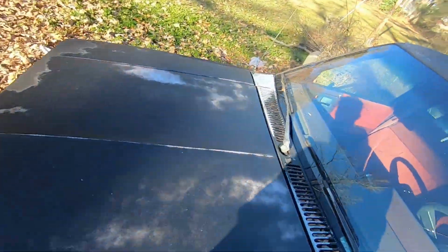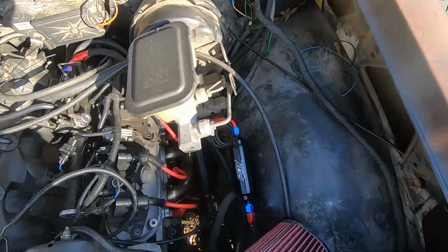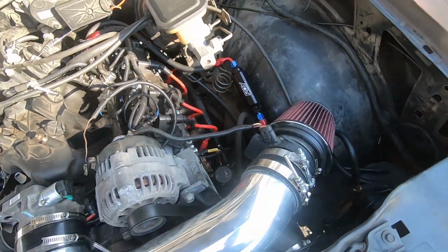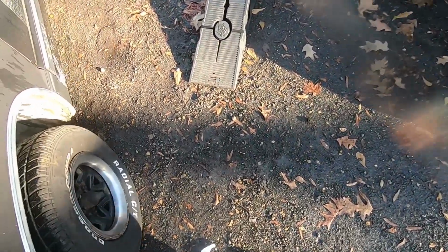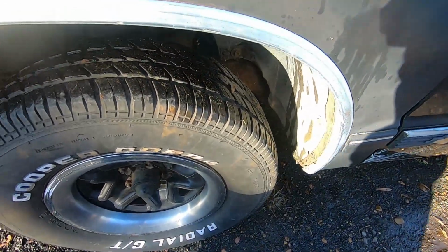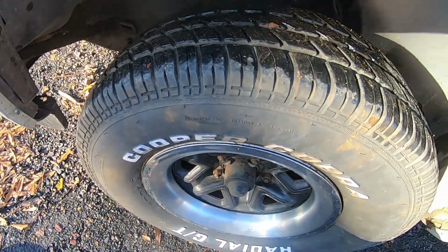Why did you get to bouncing? I have no idea. Oh wow, that's pretty loose. So that's what it is right there. I bet it's my bearings. I bet I need to go up in here and replace some bearings, but that's probably not the only thing I need to replace. I probably need to do my ball joints and my tie rod ends,